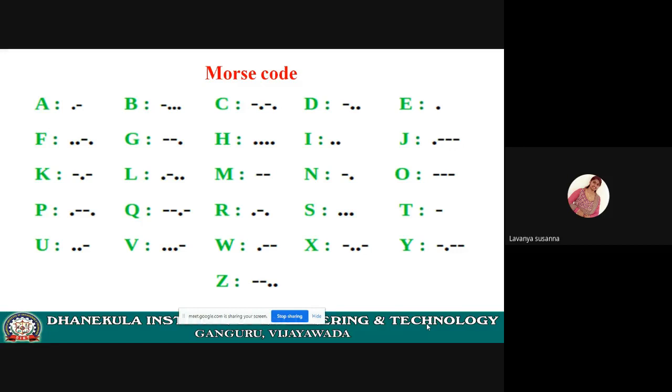Once again, see the PPT. Again, I am repeating. This Morse code consists of dots and dashes. I am speaking in English, and English contains the letters A to Z. These can be represented using small dots and dashes through sounds, so only those who know Morse code can understand what we are speaking. Remember, a dot means a short beep sound and a dash means a long beep sound.